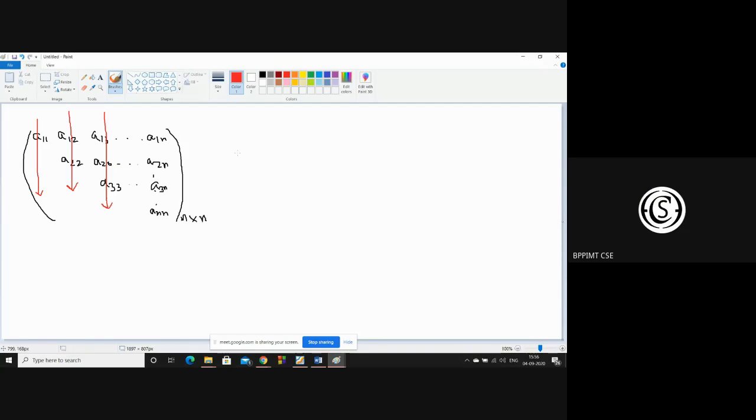Very good. So in the first column, there will be one entry. In the second column, there will be two entries. In the third column, there will be three entries, plus up to j minus 1th column. Why j minus 1th column? Because we can take the j minus 1th column as full of entries. Okay. Yes, sir.